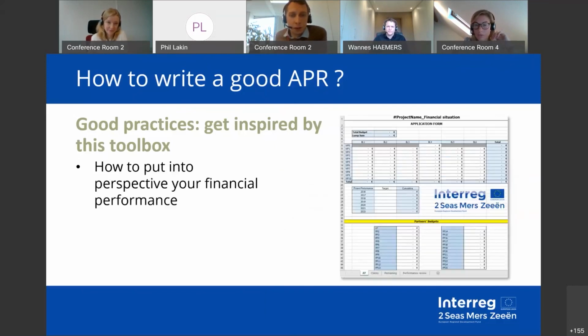Next, I think there's one last tool, and that's the financial monitoring of your project. It's a template that we made and that is available, in which you enter the information from your application form, so your partner's budget, the performance targets that you set in the application form, and then you can enter the figures from the claims that were certified, and that gives you the remaining budget,